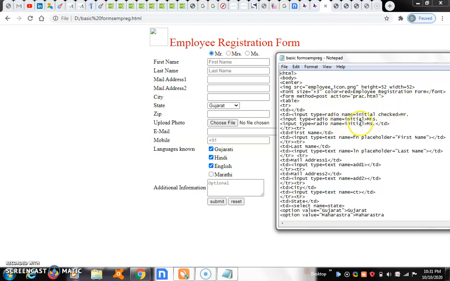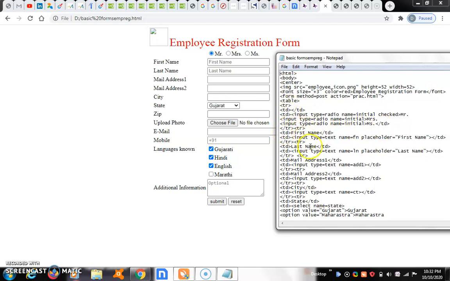The remaining ordinary inputs: input type equal to radio, name equal to initial, Mrs.; input type equal to radio, name equal to initial, Miss. Table data is open here, closed here. TR is open here, closed here.